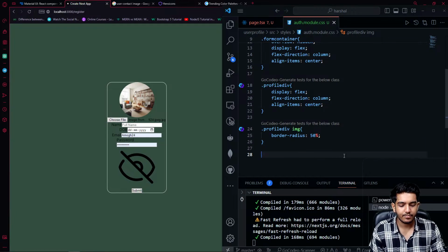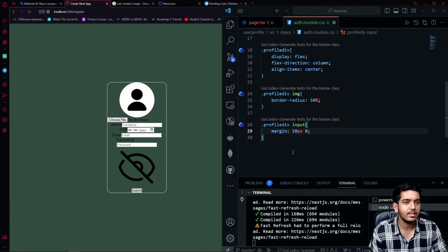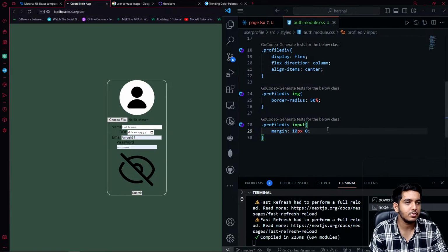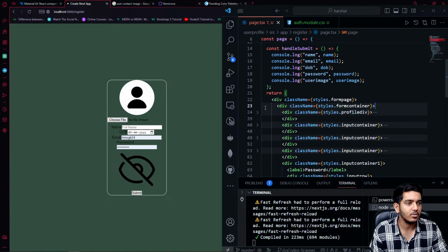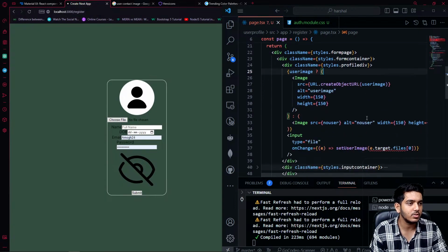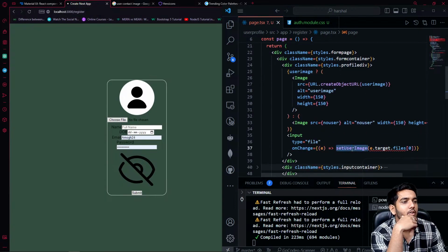Now inside profile division, we have an input also. Okay, we have an input field also. So I can just say that it has some kind of margin, so you can see some spacing is here. And what else you want? You can just say that I can just make the visibility as hidden. Okay, I can just make the visibility as hidden or something like that. Or what I can do is,